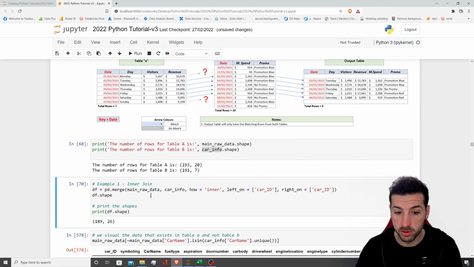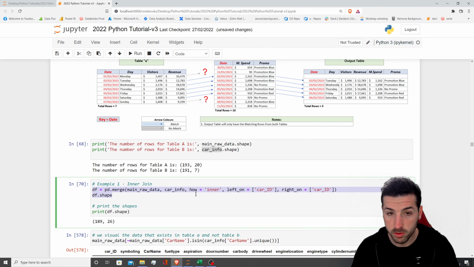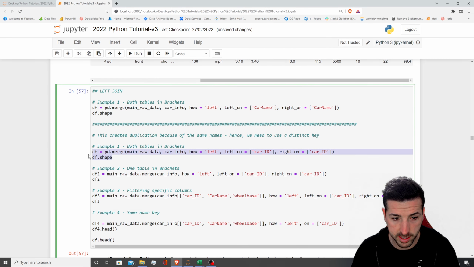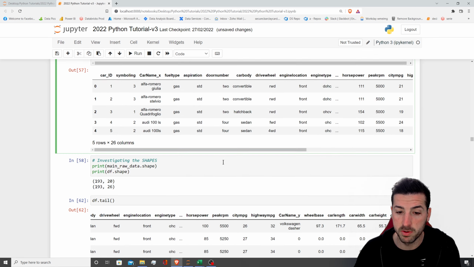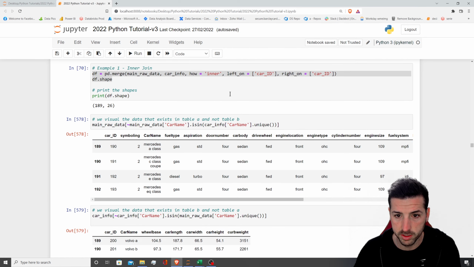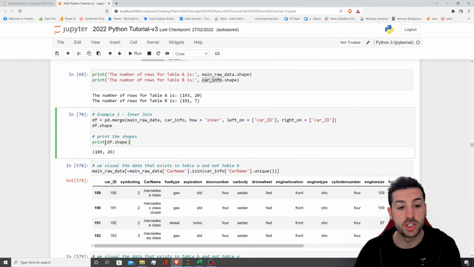So if I run this code, which is exactly the same code as this one, let me show you quickly. This code is exactly the same as this one. The only thing I'm changing is the how. In the how I have inner. I come back down here to the inner join. There we go, inner join. The shape now is